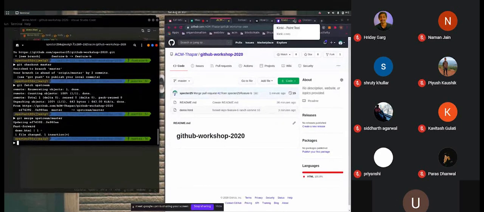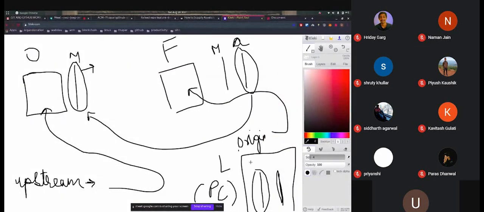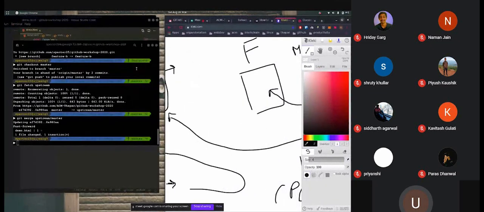Right. Okay, so let's solve one more issue. So we had two issues. We had the issue that we didn't have the latest code on the master branch locally. So we created a new remote and we have the code on the master branch locally, but we still don't have the latest code on the forked repo's master branch, right?